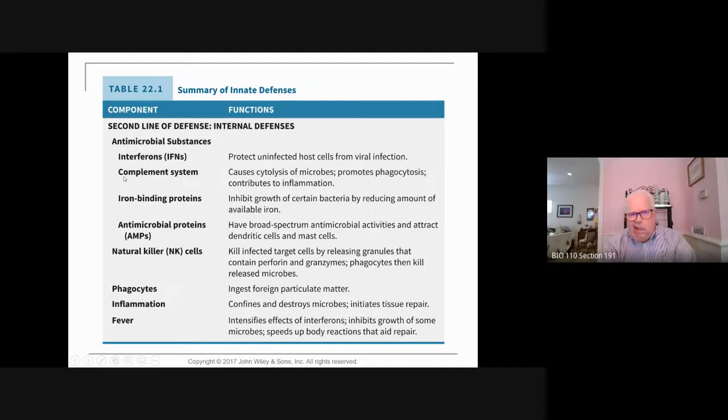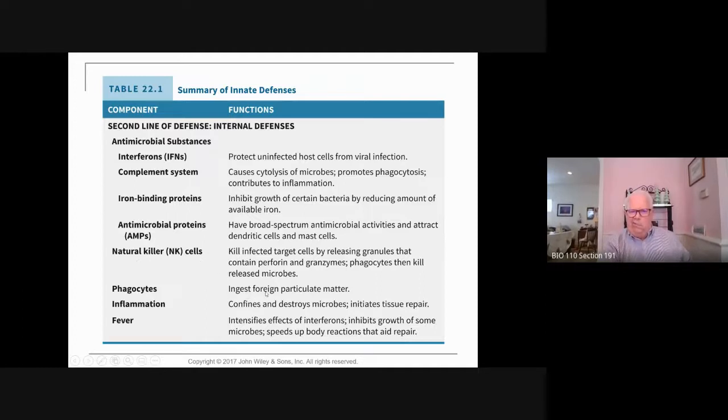There's also a protein system in your body called the complement system, which causes the breakdown of microbes and contributes to inflammation, pain, swelling, redness, and heat. There are also iron-binding proteins, antimicrobial proteins, a lymphocyte called an NK cell, which will kill certain microbes, non-specific,